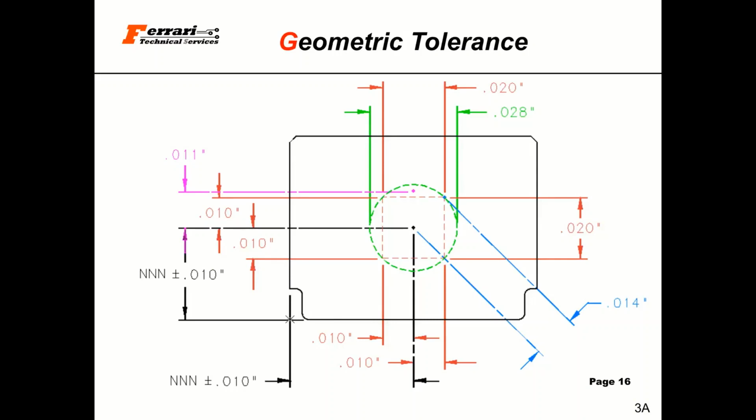And what it's done, it's recaptured the area where you saw the 11 thousandths hole, the little pink hole in the middle. It's recaptured that area on all four sides of that rectangle. That represents 57% additional real estate. And it captures now all of those holes that may have been out, and I've reduced my scrap at the fab